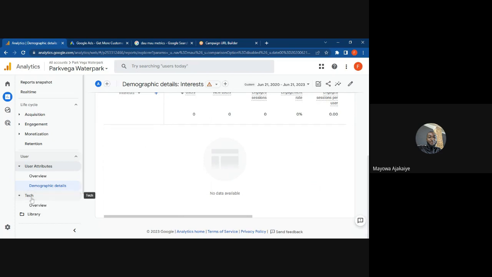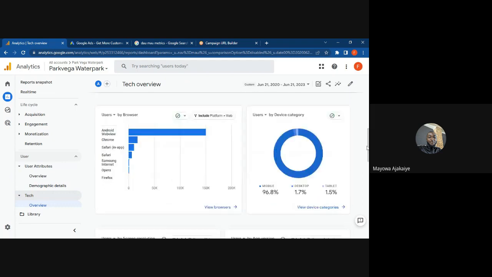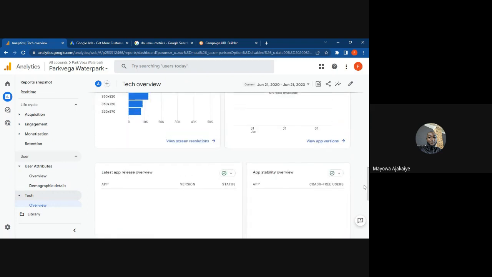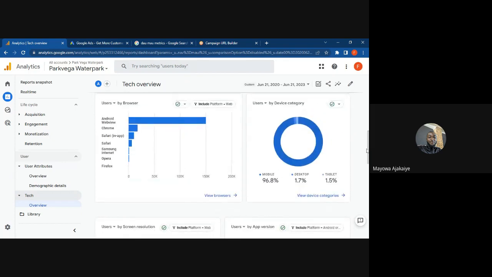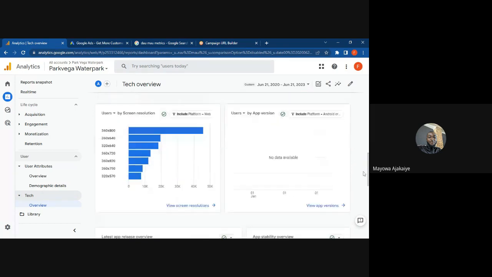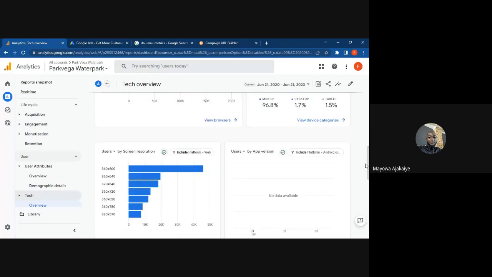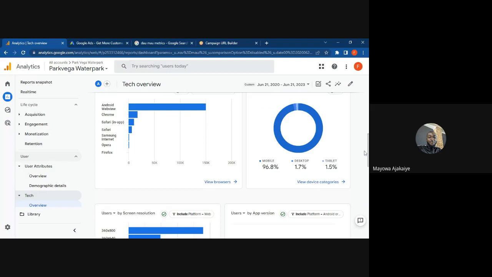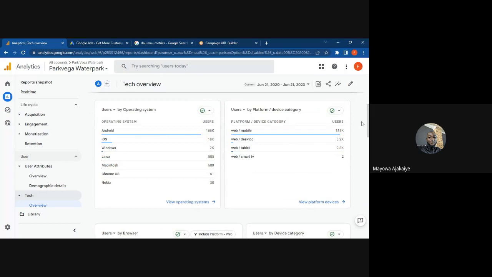Sorry. So then you go to tech. Tech shows you devices, right? It just shows you what device people are using to check your website. So maybe if your business is a high-end business where you need people that have big money, then you start seeing people searching your website on, not necessarily Android, they are high-end Androids, but maybe on Techno, Infinix. Everybody checking your website is using Techno and Infinix. Then you know you have a problem because you are targeting people that are ready to spend money, right? And you are getting Techno, Infinix